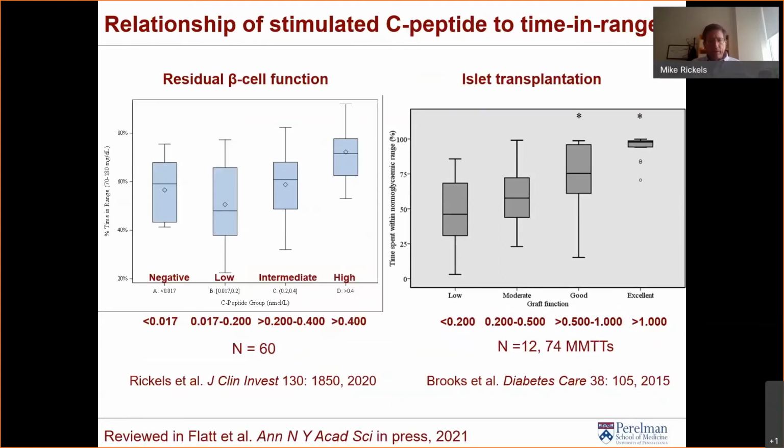As you'll hear from Carla Greenbaum in the next presentation, with residual beta cell function in type 1 diabetes, there's also a continuous association with increasing levels of residual C-peptide as measure of beta cell function, and time spent in target glucose range by continuous glucose monitoring. Notably, those with high levels of residual C-peptide above 0.4 picomole per milliliter